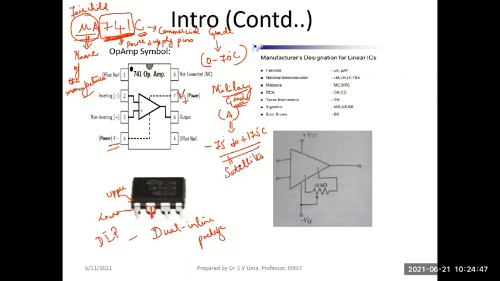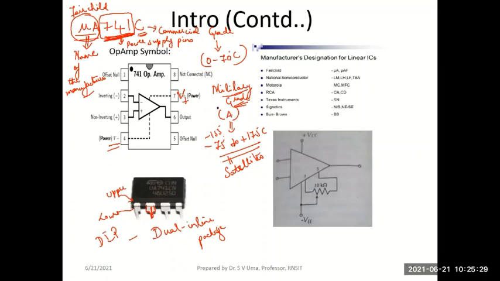Remember, we launch satellites into space in an orbit which is 36,000 kilometers away from the Earth. At those extreme distances, the temperatures vary from very low to very high. So you'll have minus 155 to plus 175, and so on. And we have ICs designed in that range also. They also come under the category of military grade. So wherever you expect to operate in extreme temperature conditions, like artificial satellites and military applications in defense and other things, you will make use of these military grade ICs.